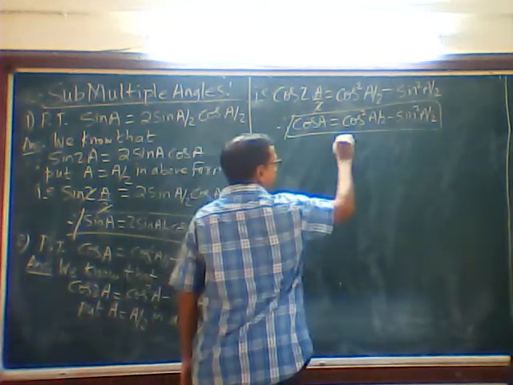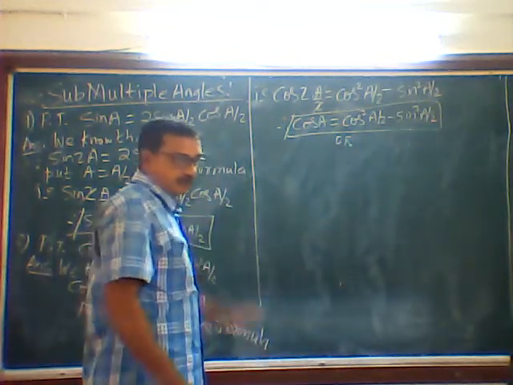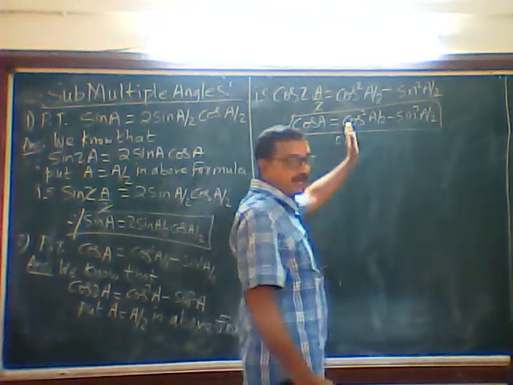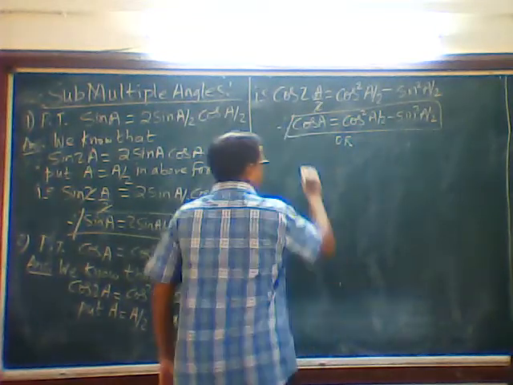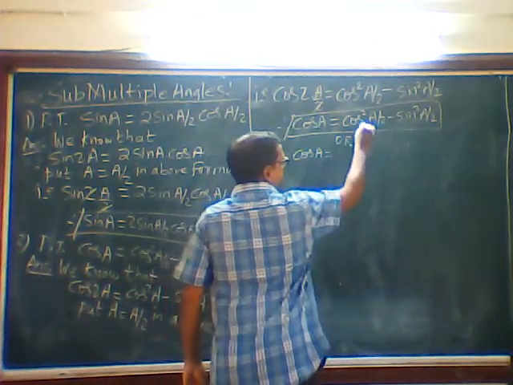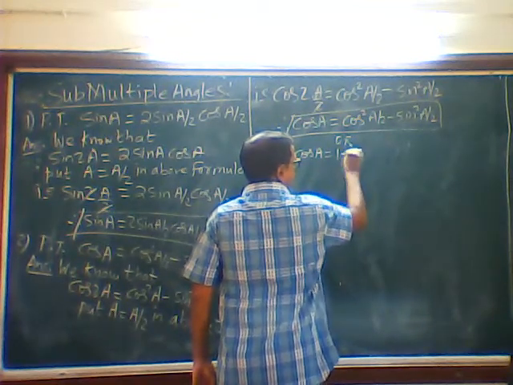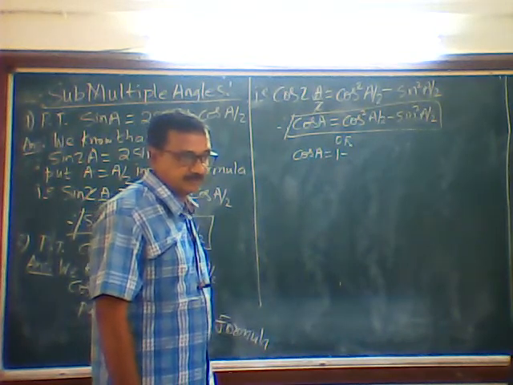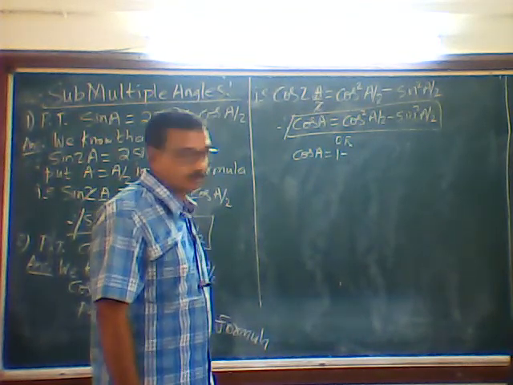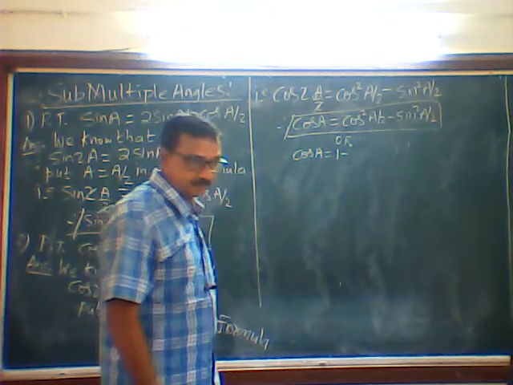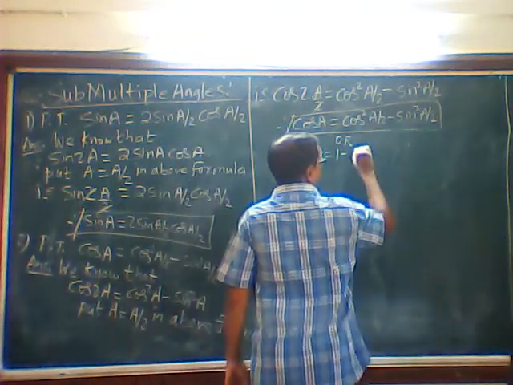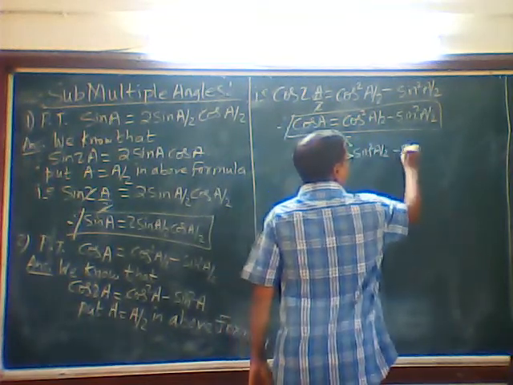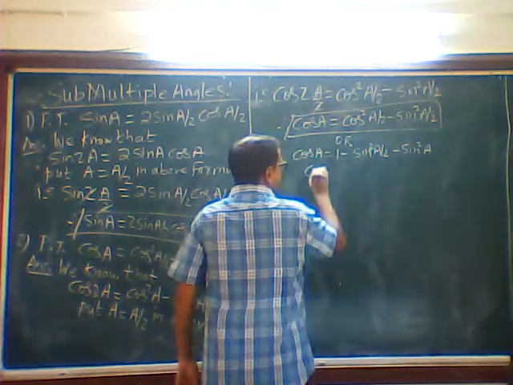Again I will write the formulas. Now we are taking the submultiple. This cos is in terms of cos and sin. The next formula I will write only in terms of sin. Cos A is equal to, only in terms of sin, so cos square A by 2 with the help of the identity formula, the Pythagorean relation: sin square theta plus cos square theta is equal to 1. Therefore cos square theta is 1 minus sin square theta. So here cos square A by 2 is 1 minus sin square A by 2, minus sin square A by 2.